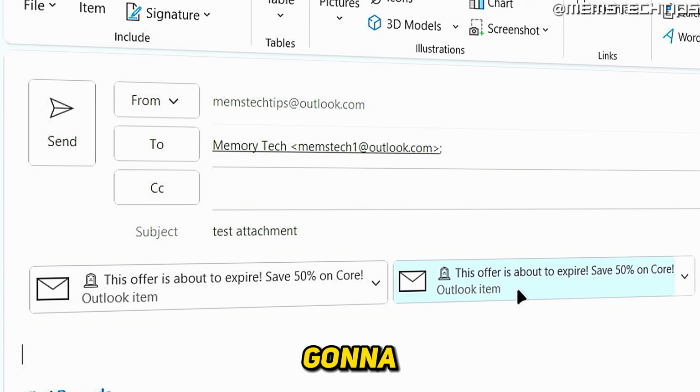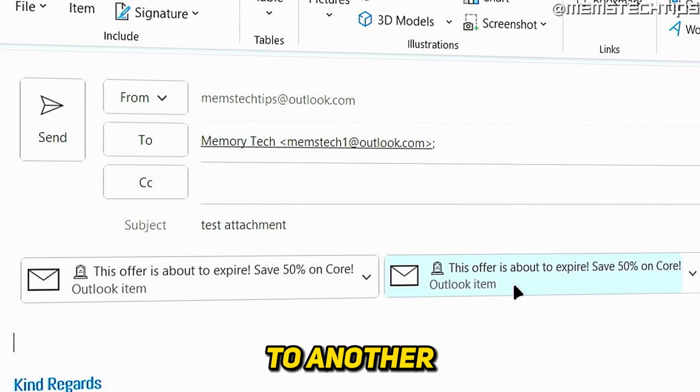Welcome to this quick guide where I'm going to show you how to attach an email to another email in